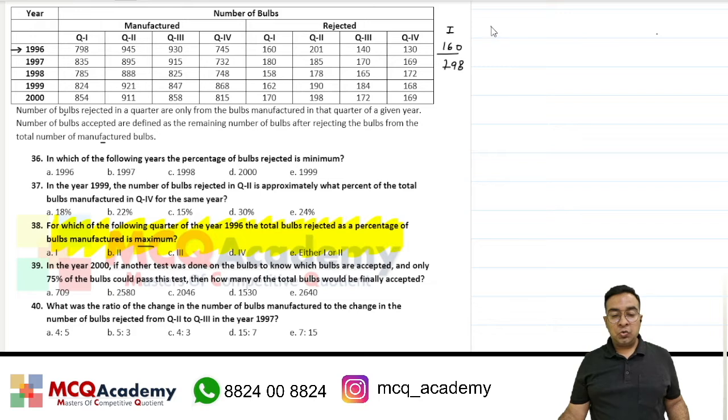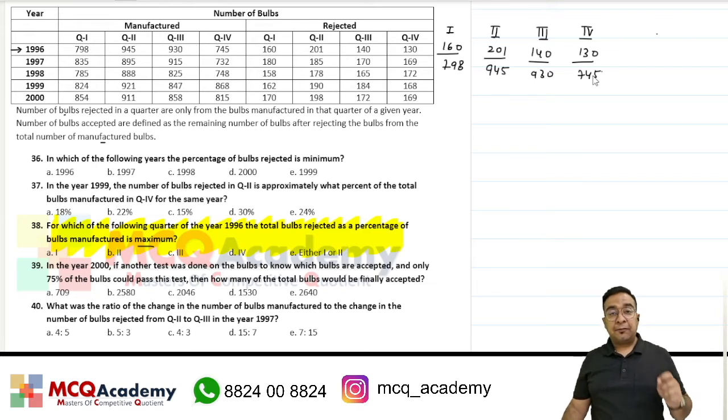For quarter 2 this percentage will be 201 upon 945. For quarter 3 this percentage will be 140 upon 930, and for quarter 4 this percentage will be 130 upon 745. Now इन्हें कंपैरिजन करते हैं, अगेन फ्रैक्शन कंपैरिजन वी हैव एट आवर हैंड। तो कंपैरिजन करते हुए चलेंगे।